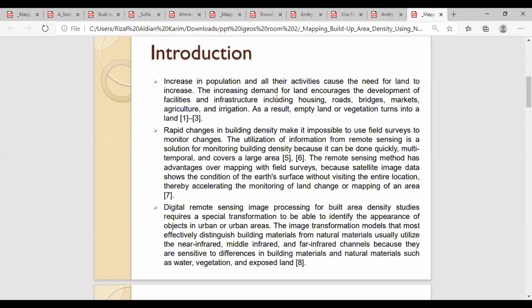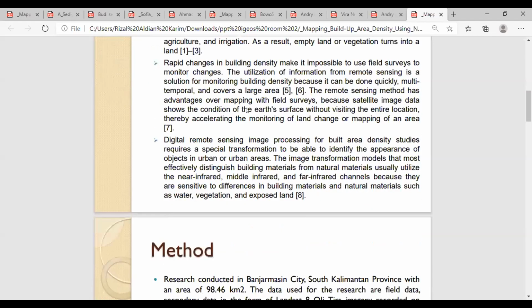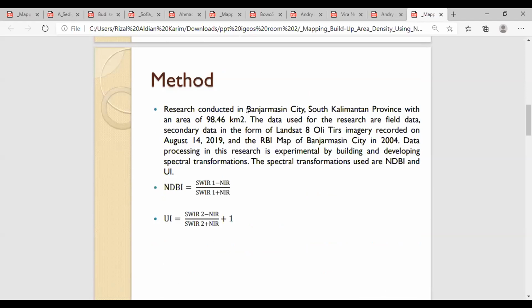Okay, next, method in research. Research conducted in Banjarmasin City, South Kalimantan Province, with an area of 98.46 km square. The data used for the research are grid data, secondary data in the form of Landsat 8 OLI